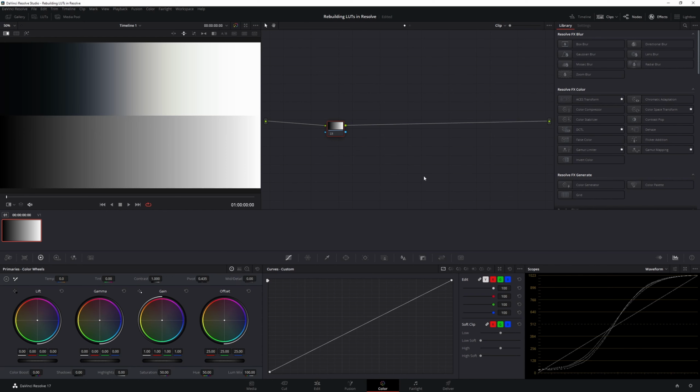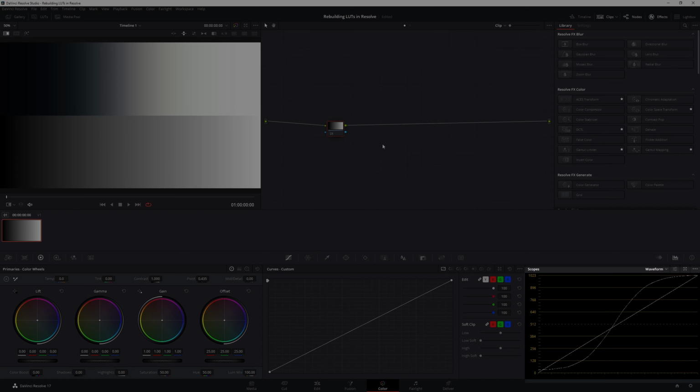You can then start by using the custom curves to rebuild the LUT by matching the two waveforms as closely as possible. I always like to start with matching the contrast curve and then proceed to match the RGB curves. I prefer using the waveform for this and I choose the luminance channel only mode. When matching the curves, I'm only looking at the waveform and tweaking the curves to get a close match.